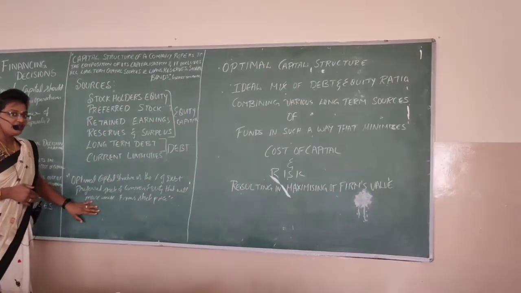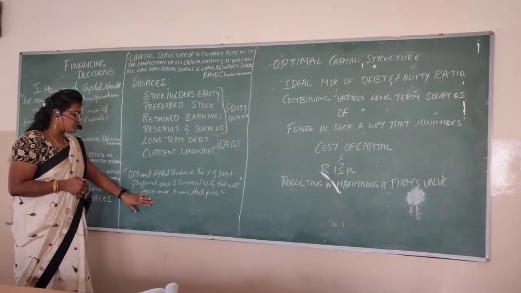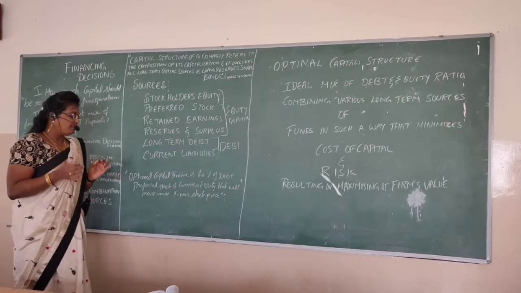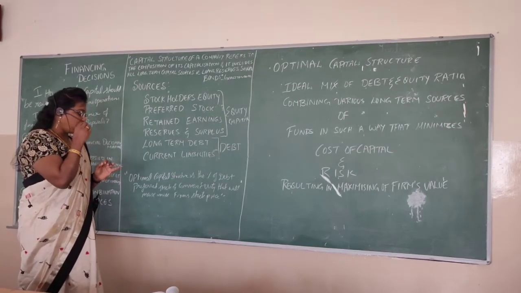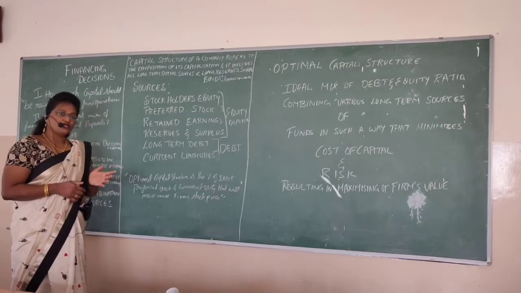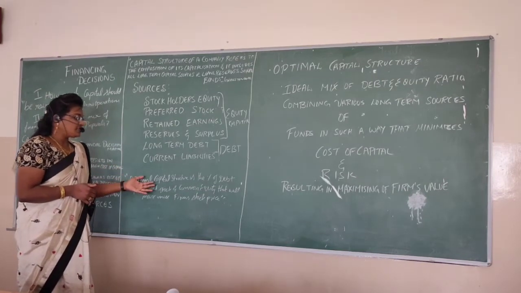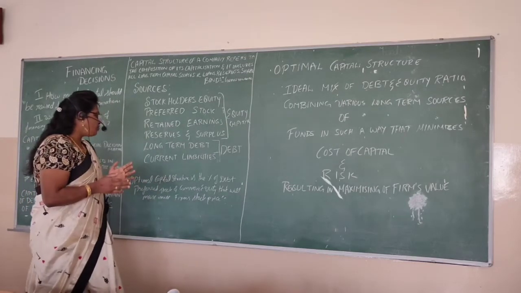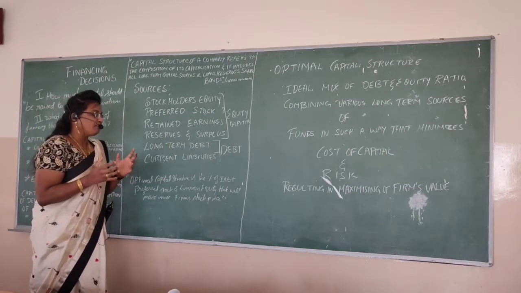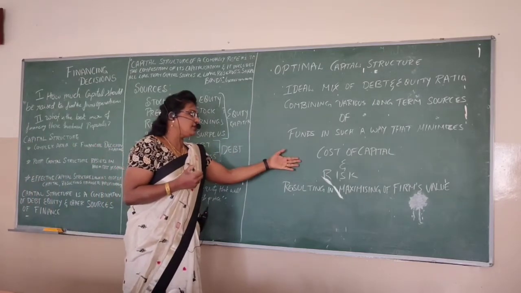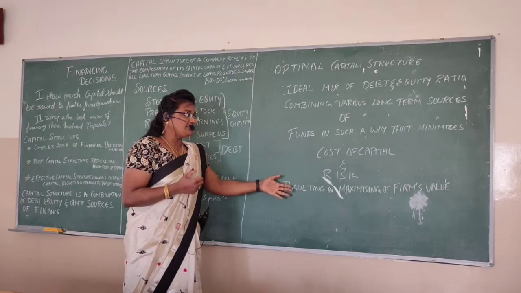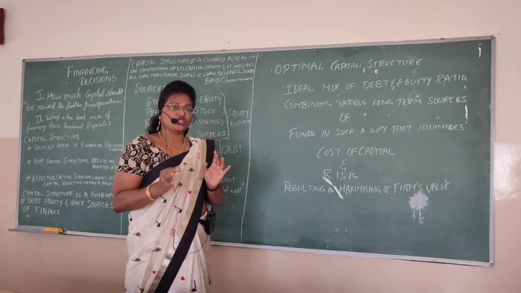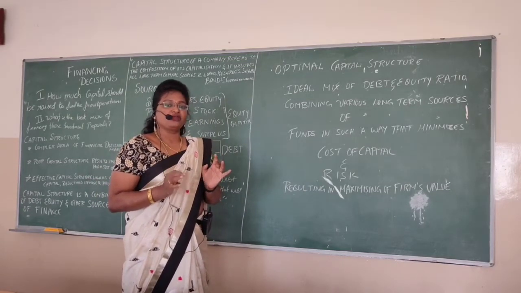Here is a definition for the optimal capital structure: it is the percentage of debt, preferred stock and common equity that will maximize the firm's stock price. Again, it is the same thing. What percentage of debt and what percentage of stock do we need to have that results in reduction of cost and maximizing the firm's value? That is the optimal capital structure. We need to design our capital structure in such a way that it gives us maximum profits, minimum cost